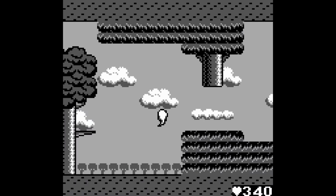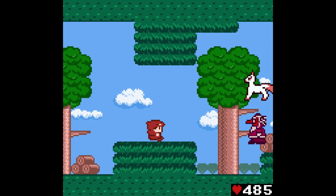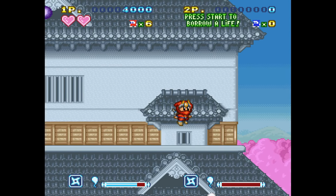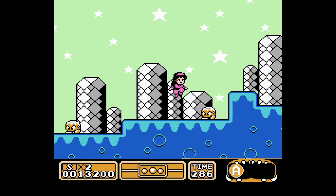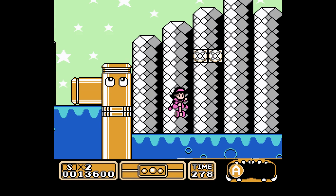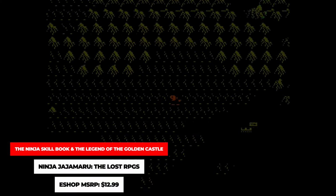The Retro Collection also includes the Game Boy game Ninja JaJaMaru The Great World Adventure, with a brand new DX version included, as well as the super awesome Super Ninja Kid, which is a really good hidden gem of an action platformer for the Super Nintendo. The collection goes for $14.99 on its own, but it's been on sale in the eShop recently for as low as $3. While I'm here, I might as well mention that there is a collection containing 2 Famicom RPG games